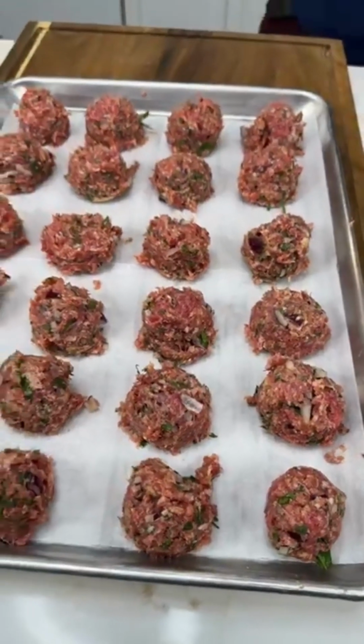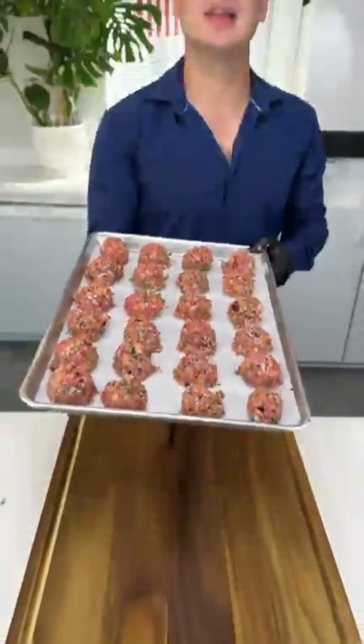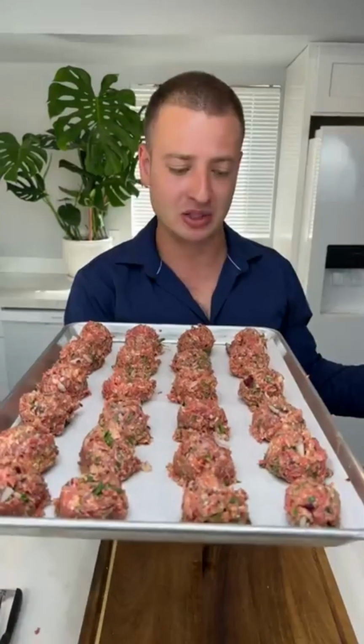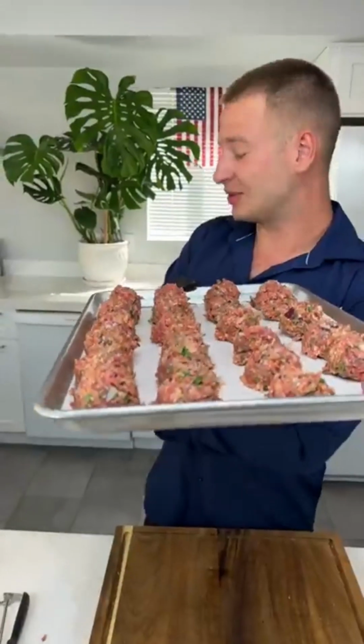Now, we're gonna bake this till they're 160 Fahrenheit inside. For this size of meatball, it should take just 15 minutes, 15 to 20, depending on how strong your oven is. If you're using convection, okay, but that should be about how long it takes. And it should be about when the brie is ready, so we should be in line to taste this incredible